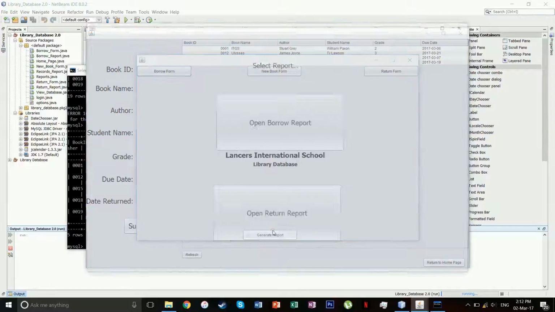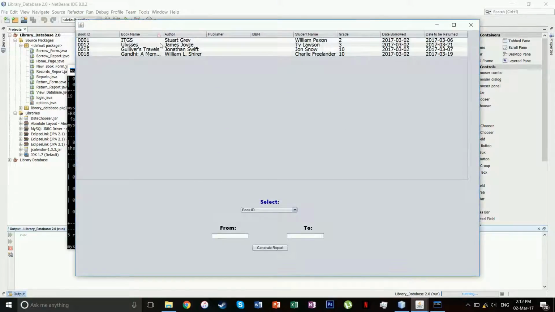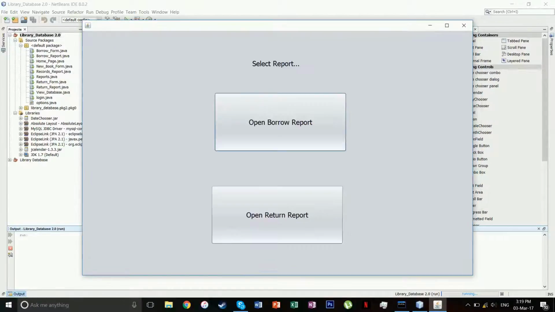Let's check out the reports. So we have 2 options. We can generate a borrow report or a return report. So let's start with the borrow report. This contains all the books that have currently been marked as borrowed. Say we want a list of books with the book ID between 0015 and 0018. That should mean that these 2 books should no longer be in the list. Now generate report, and as you can see, these are the only books remaining,